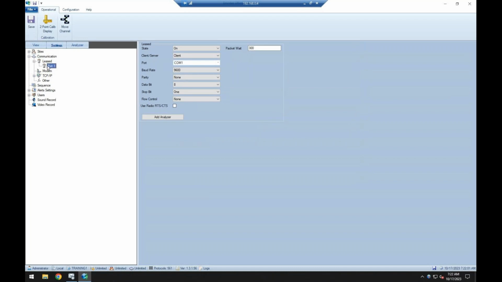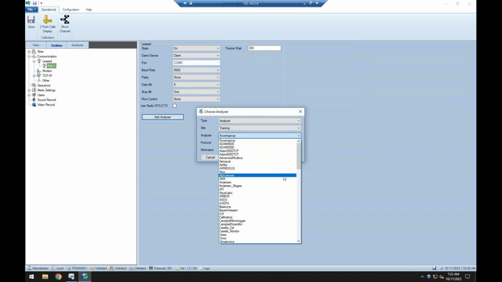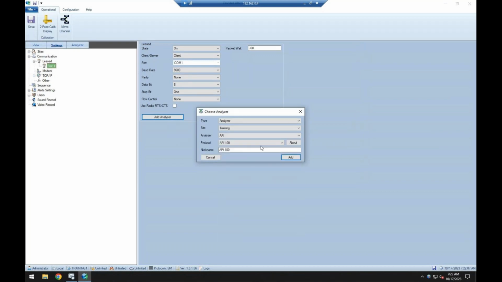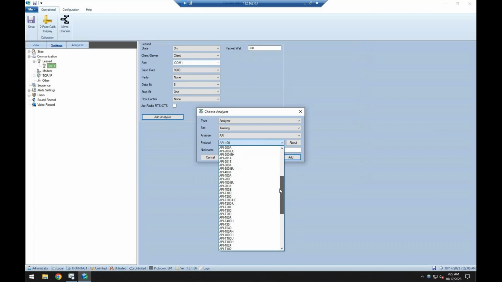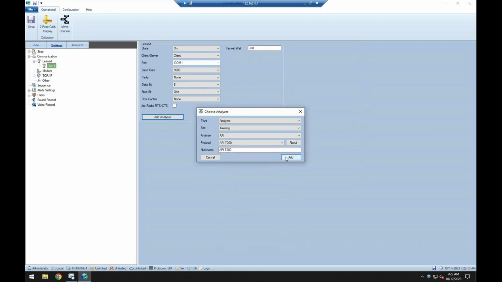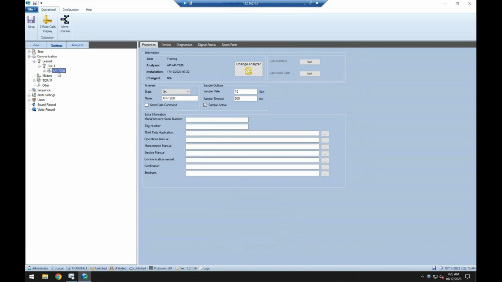That port will appear here on the left. We'll select it. We'll say add analyzer. We'll just go with an API. And let's say a T200. So we'll say add. It will appear there. We'll select it. On the properties tab here,